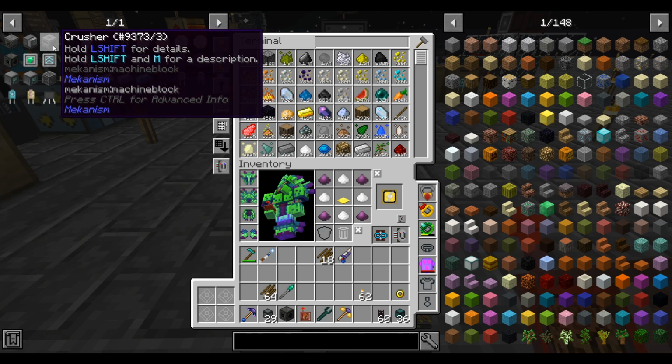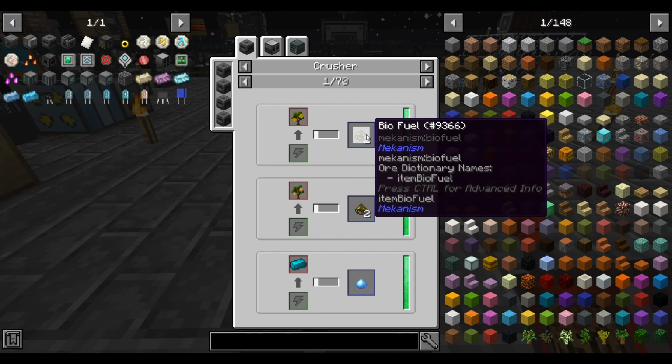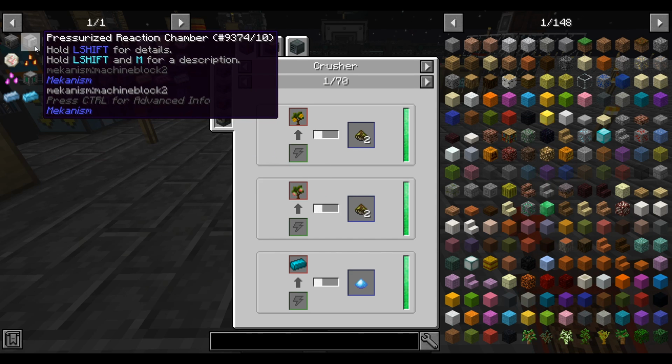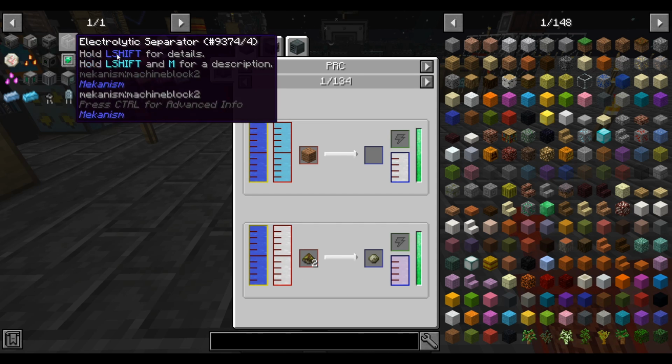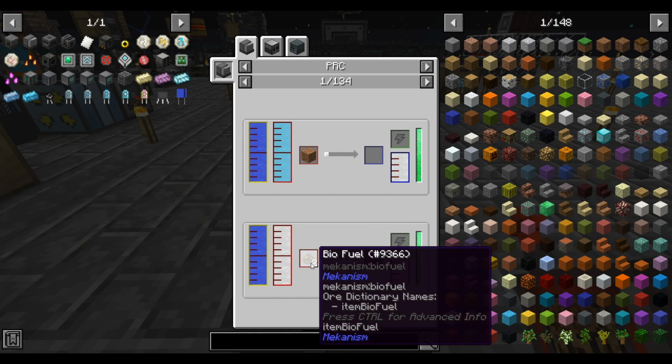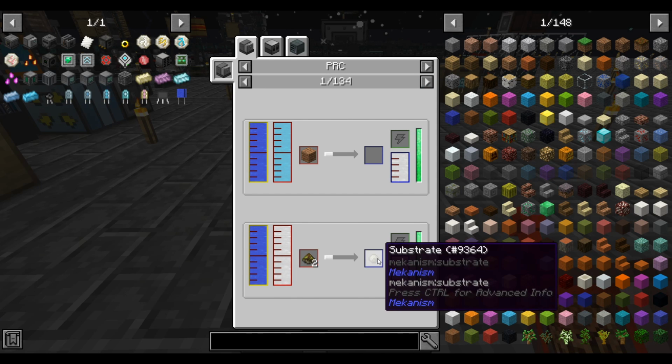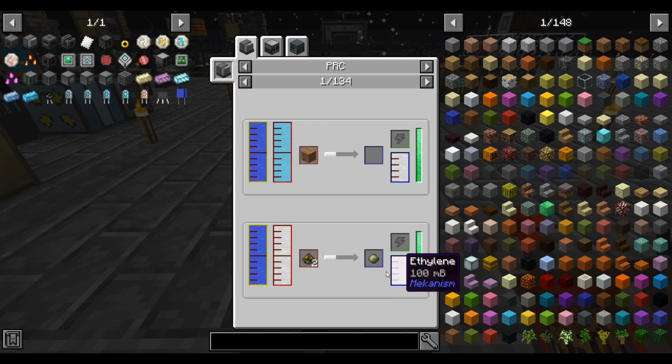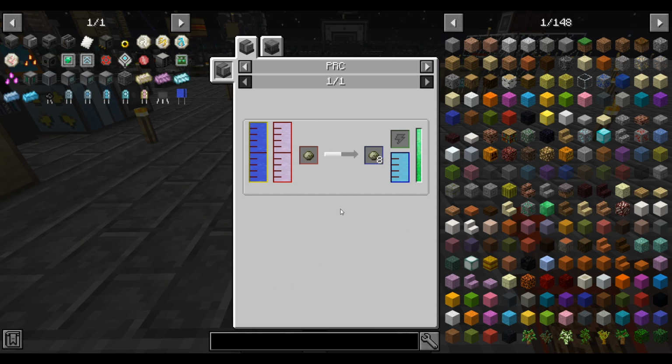Then you take any plant and you put it through a crusher to get biofuel. Then you combine the hydrogen in step 1 with the biofuel in step 2 and water. Hey, this recipe makes substrate and ethylene. Then you take the ethylene from step 3 and